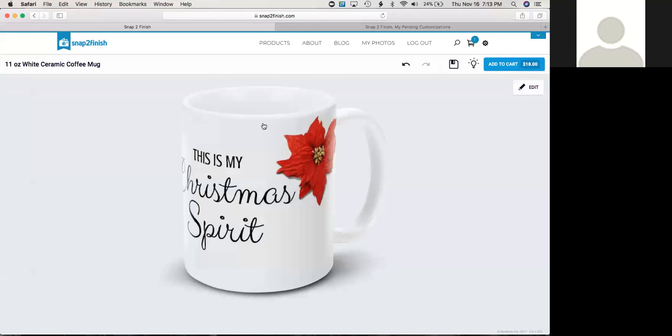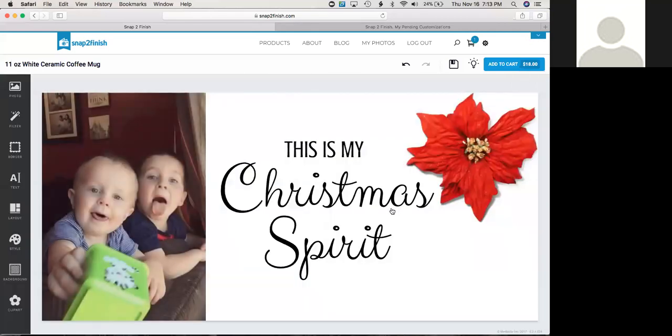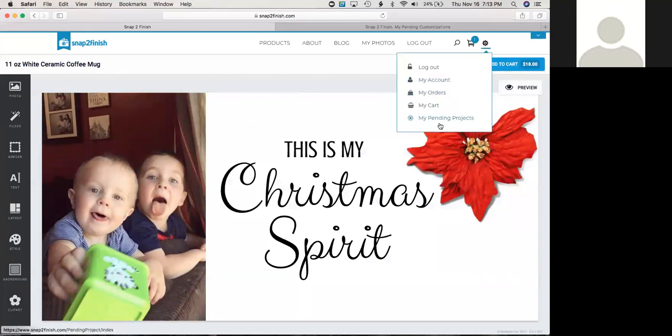So again, keep in mind that there will be some white space around the edges, but really, really fun and simple. And then the other one that I wanted to show,